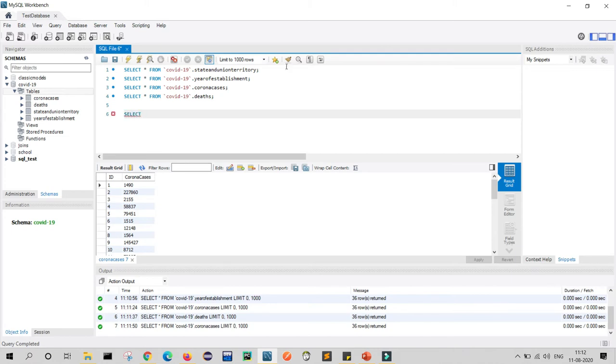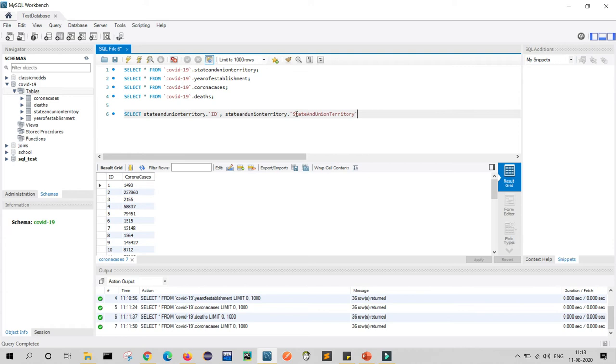Select table 1. My table 1 is this. Table 1 dot, what is my first column? That is ID, comma, table 1 dot, what is my second column name? The second column name is state and union territory, so it is in capital: state and union territory.